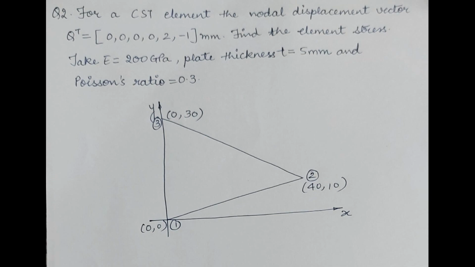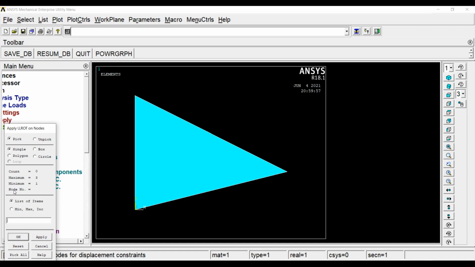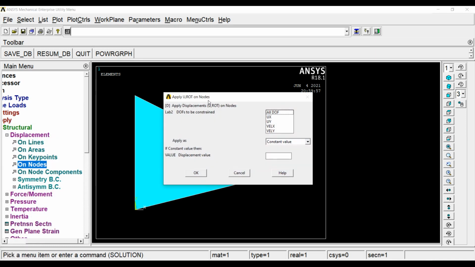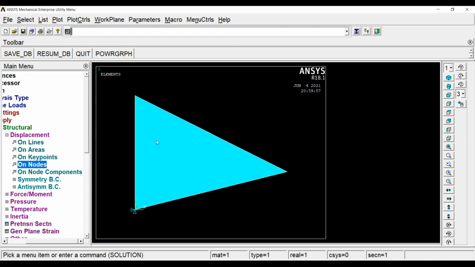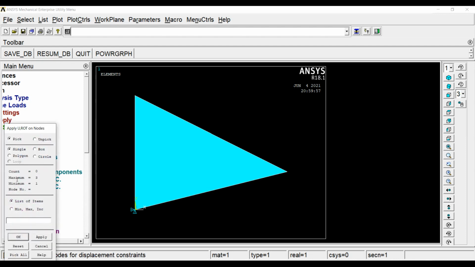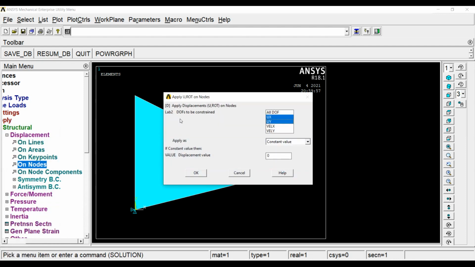So I'll start with the first one. I'll select my first key point. I'll click on OK. ux and uy both are given as 0. I'll click OK. When I go to the second one, I'll again click on nodes. I'll select the second one. OK. The value of ux and uy again is given as 0.